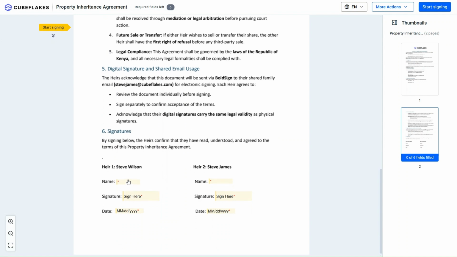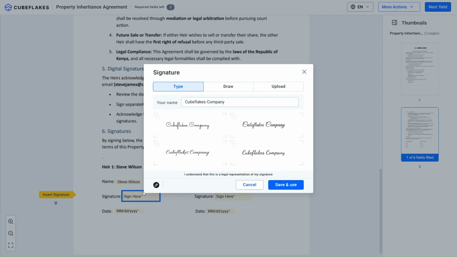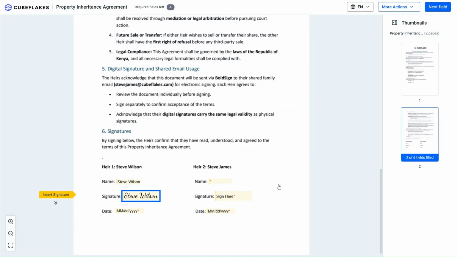I enter data in the form fields assigned to my section. Before entering my signature, I set it to reflect my name by typing it in the name field. I can also draw or upload my signature. Then I need to save my changes and forward the signing link to the next signer to provide the required